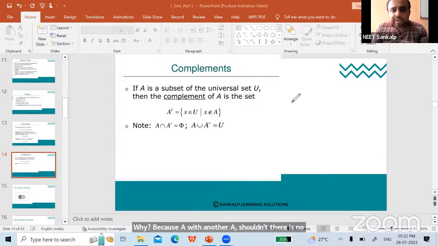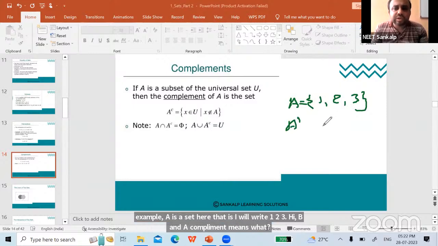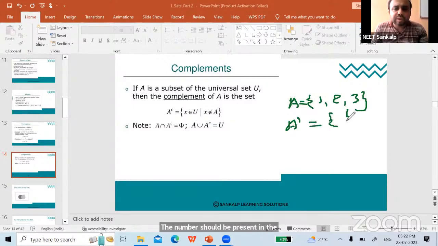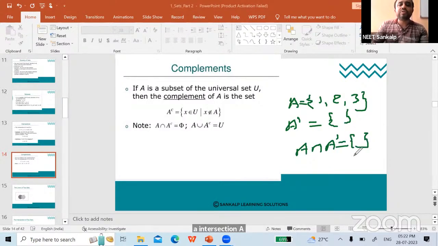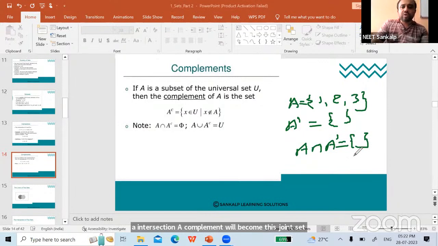For example, A is a set, I will write 1, 2, 3. And A complement means the number should be present in the universal set, so it is not any set. Any numbers which are framing here apart from this are entirely different. So A and A complement become disjoint sets. Because of that, their intersection is called a null set. Understood now? So next,